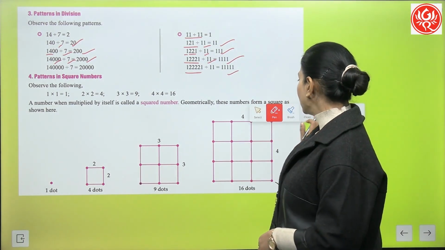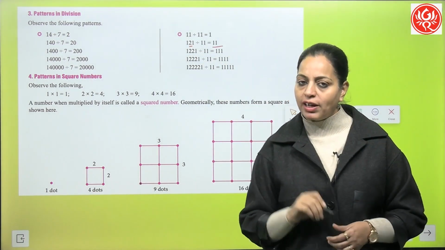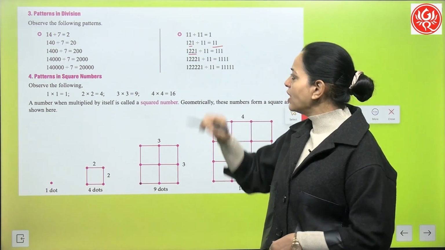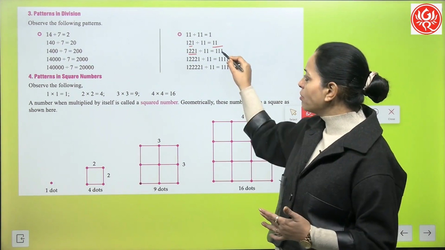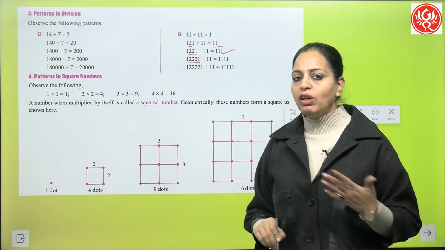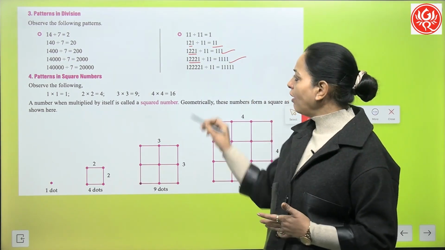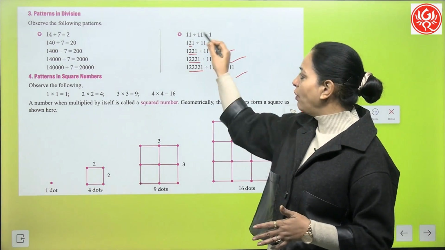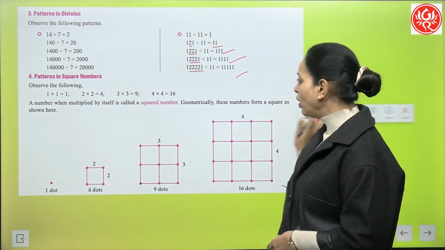So you can see, if 2 appears one time, we will get 2 times 1, and then if 2 appears 2 times, you will get 2 plus 1, 3 times 1. If 2 appears 3 times, you will get 4 times 1, and if it appears 4 times, you will get 5 times 1 when you divide by 11. So this is very interesting.